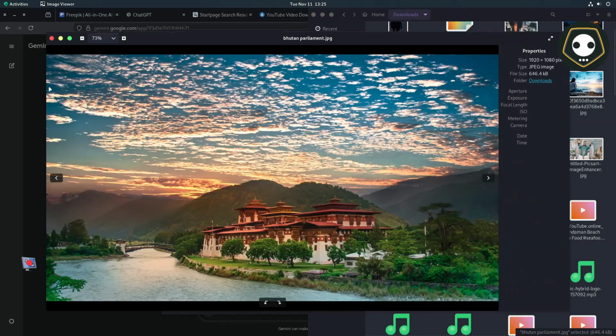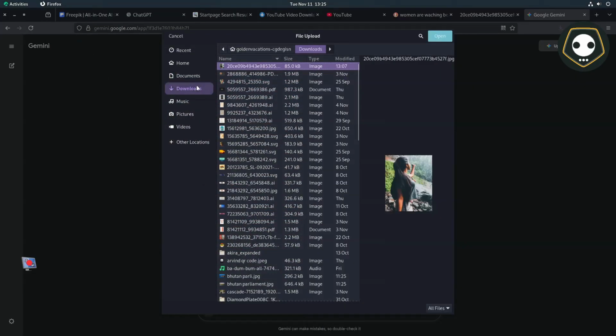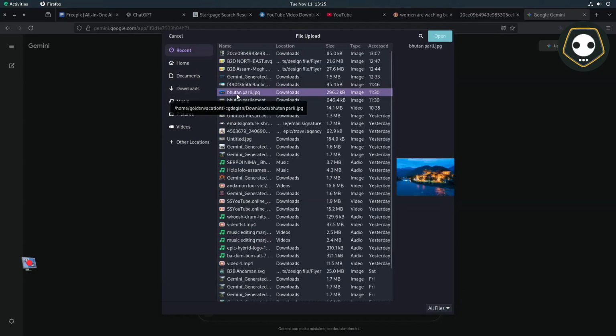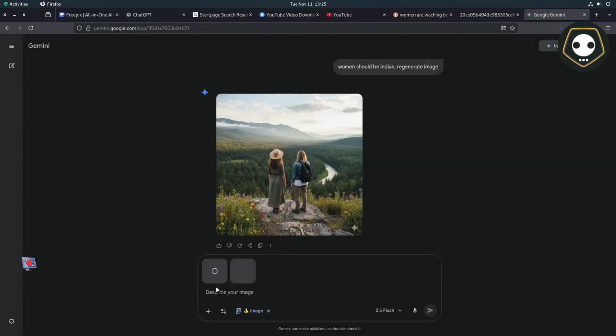I have downloaded two images as a reference, and I want to upload them and ask Gemini, please, I have already attached two images here, and I want to combine the two images.